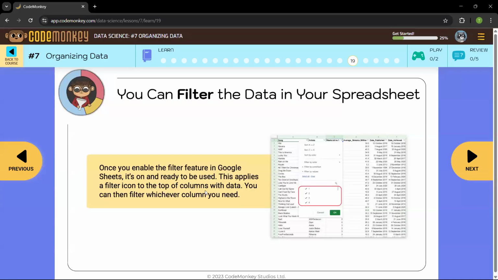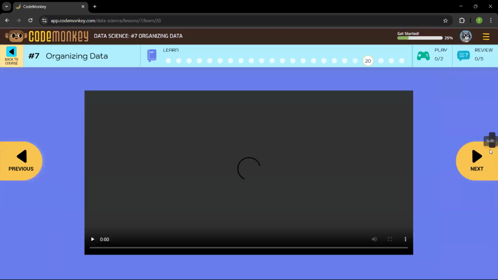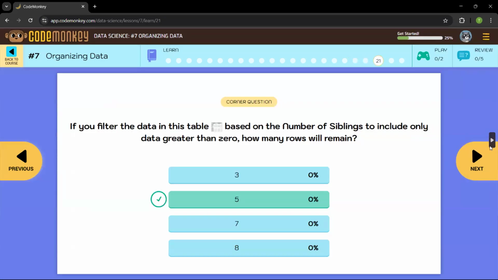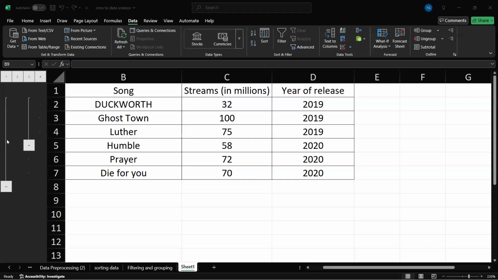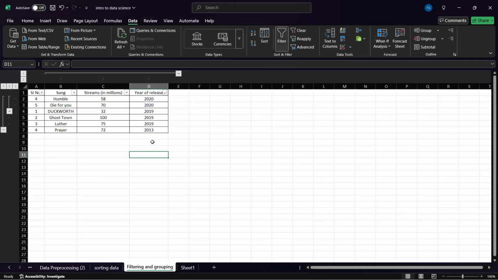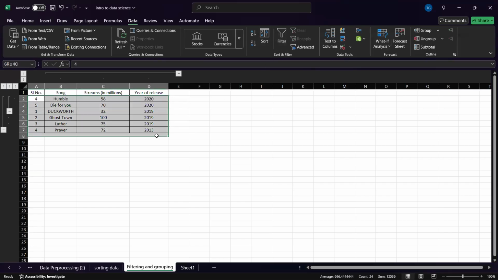This applies a filter icon on the top of columns with data. Okay, data filtering. Filtering and grouping. Select filter.